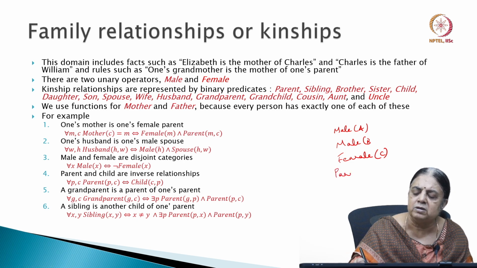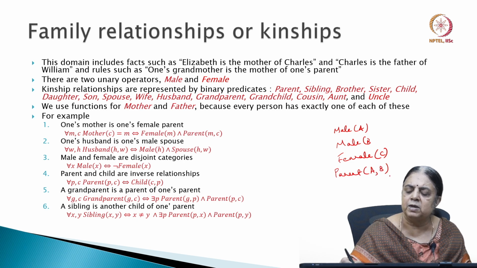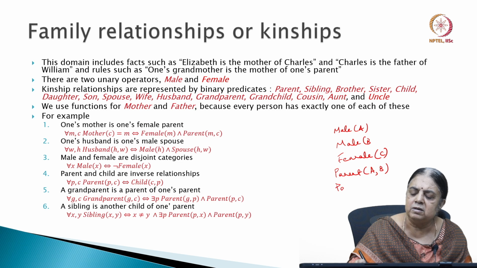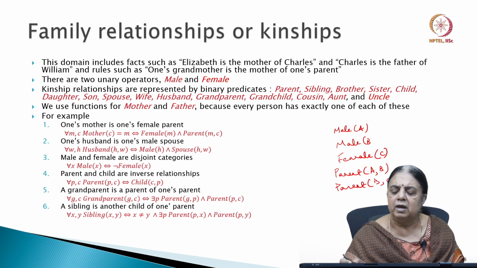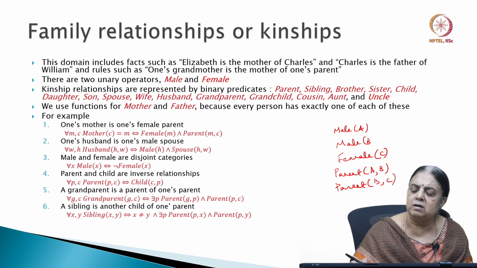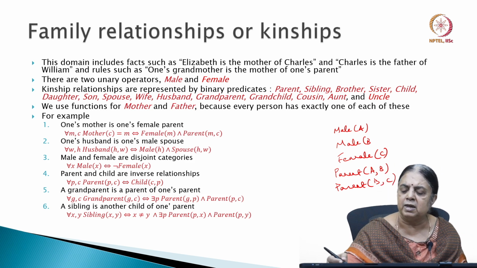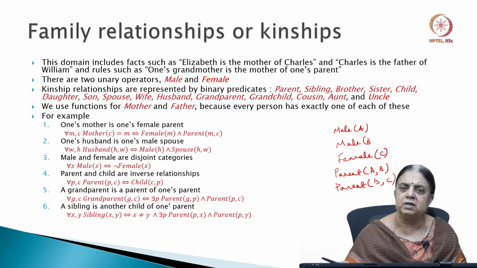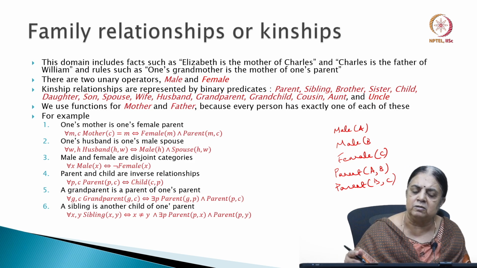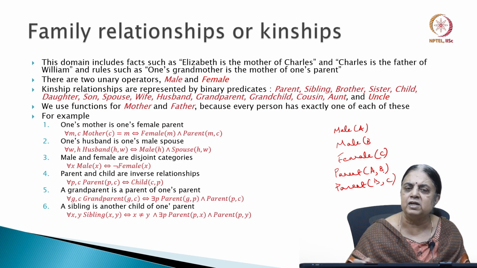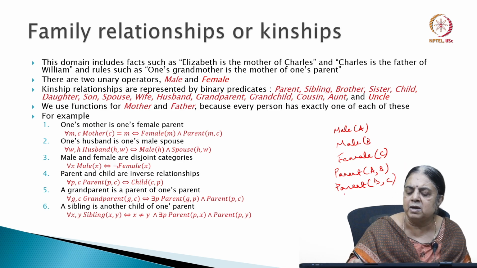So we can say parent A, B, okay, which means A is a parent of B and parent B, C, okay. And so we can have this about every A, B, C or every person that you're writing in your family. You can have male and whether they are male or female, and can have parent relationships between them. You can have sibling relationships,